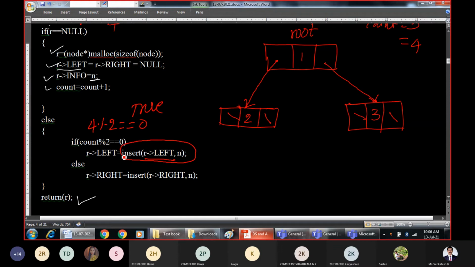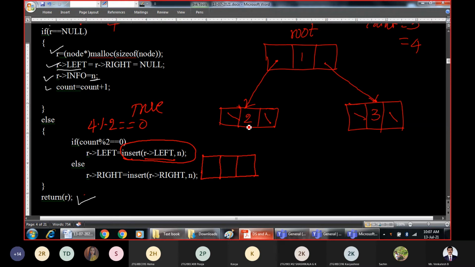Here it will get called 2 times to the left side of the root. That means starting from the root, go to the left side. Here the space is already occupied, so once again this method will be called. Then the new node will be inserted to the left of this node.